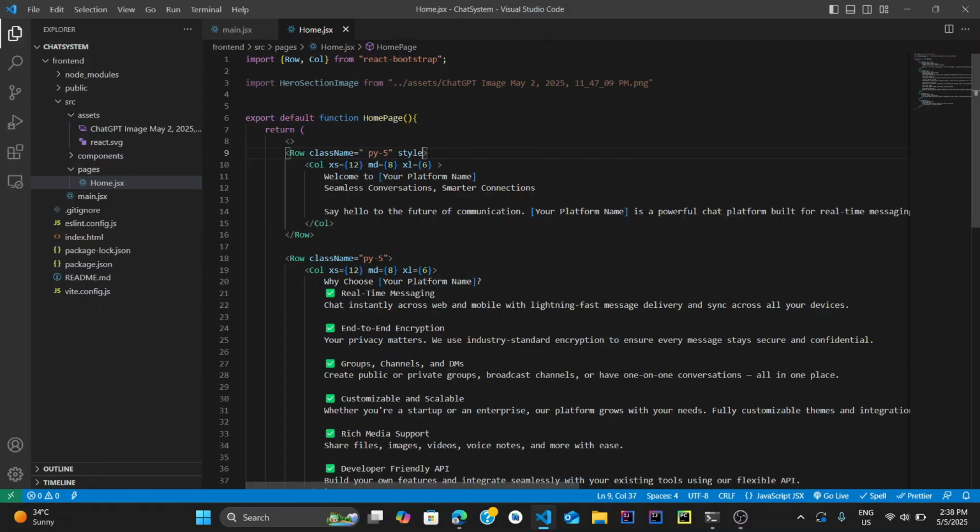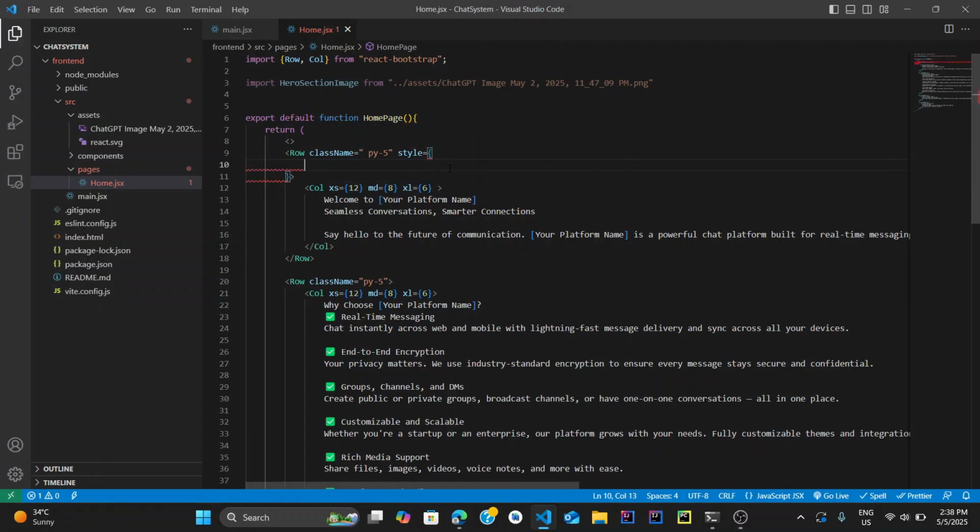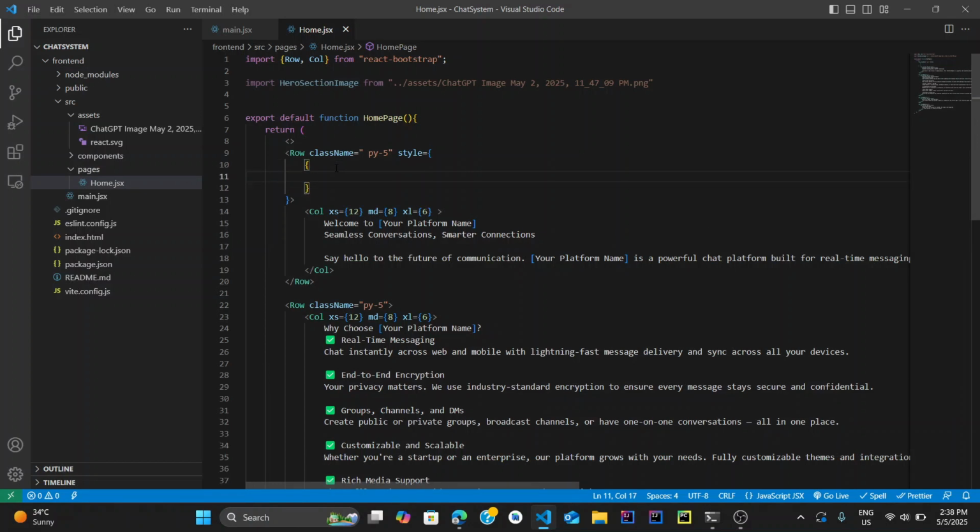So this is the first section, the hero section, and I'm going to write some inline CSS for that. You need to make sure that you write it like this. You need to type the style attribute and then open and close curly braces, and within those curly braces you place your CSS rules as a JavaScript object. So I'm going to open up another curly brace and close it. Then I hit enter so that each CSS rule comes on a new line. And I'm going to say the background image